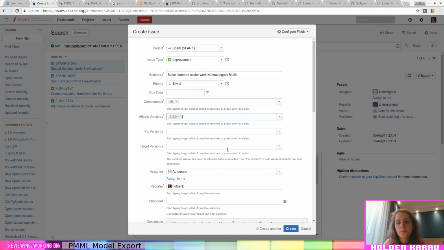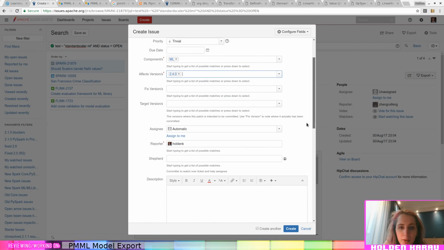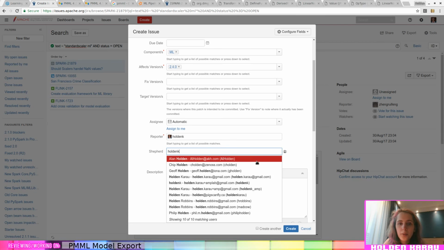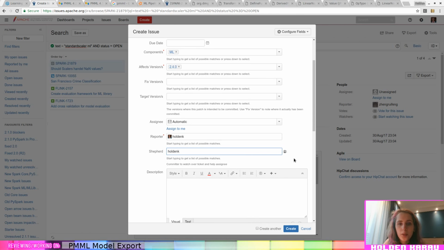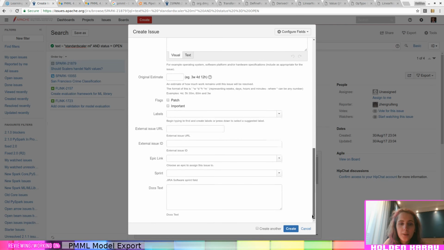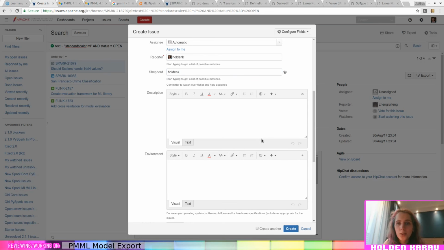240. Is there a labels section? I'm more than happy to shepherd this. Let's make it up. Okay. JIRA. Currently, standard scalar converts Spark ML vectors to ML lib vectors